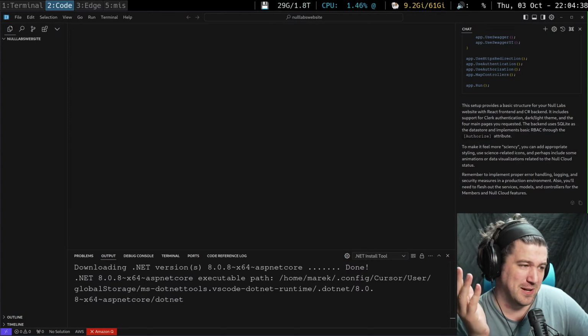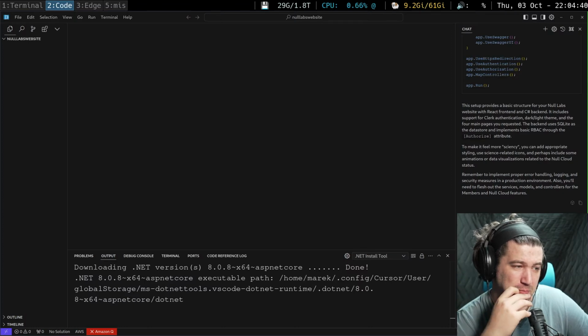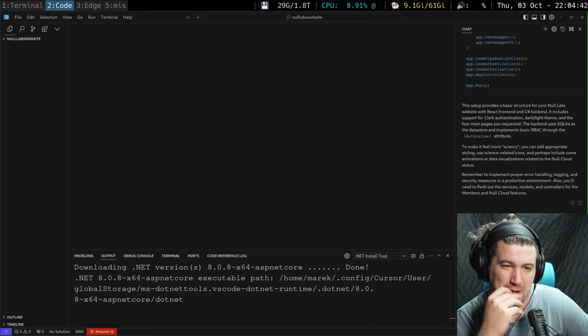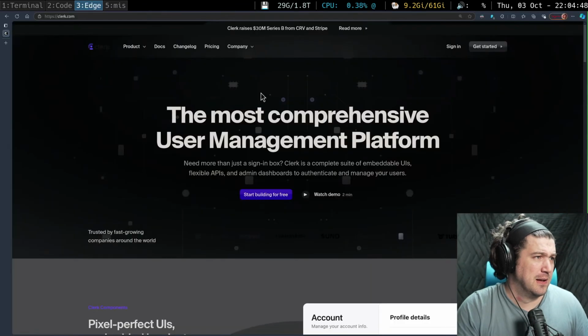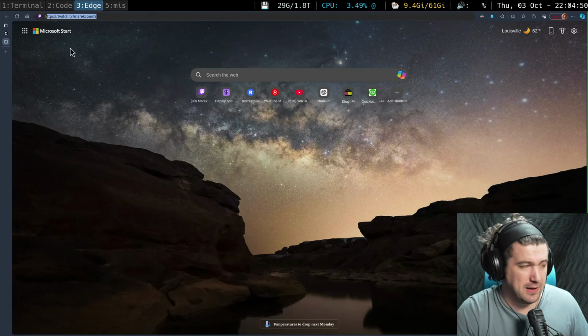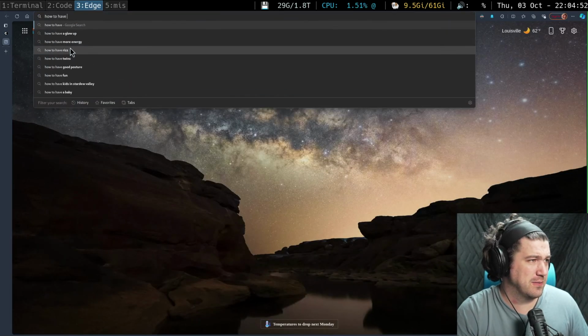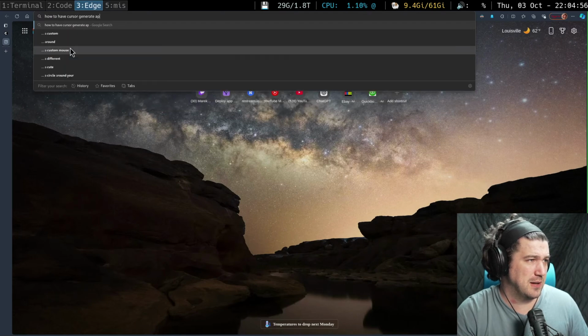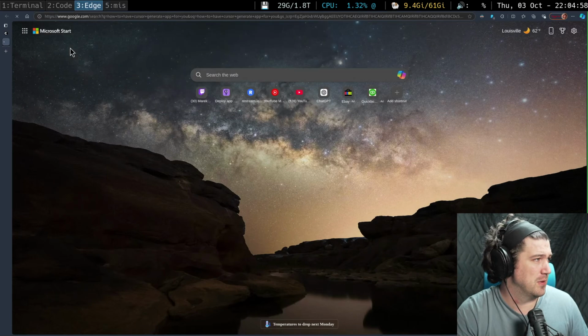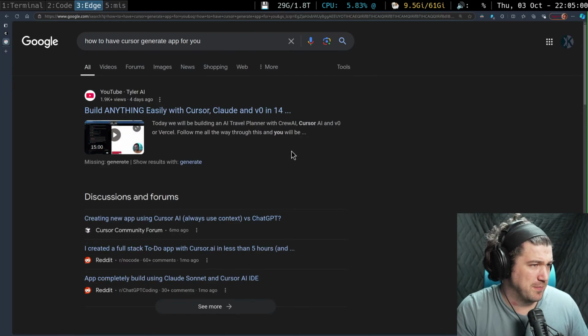It's kind of working on it, just maybe not in the way I was hoping. How to have Cursor generate the app for you. Come on.